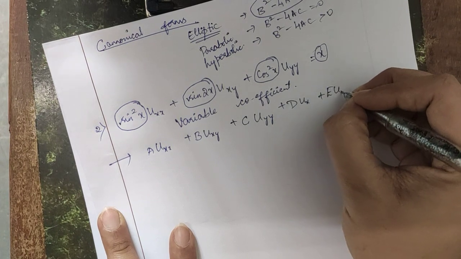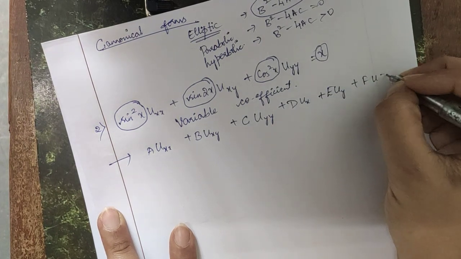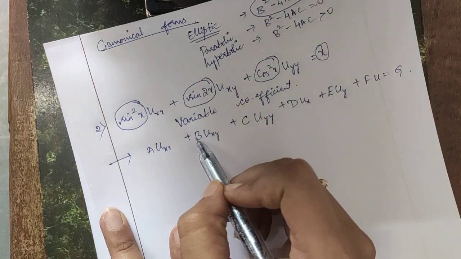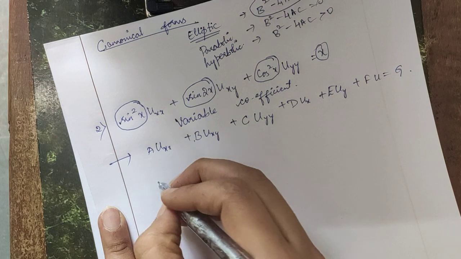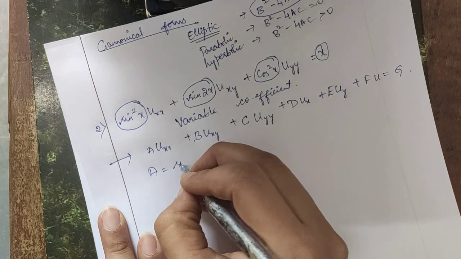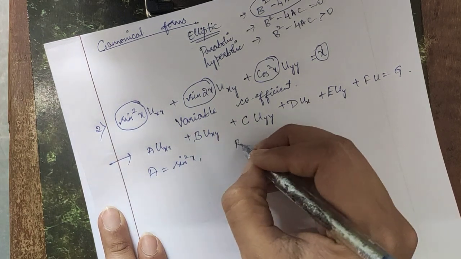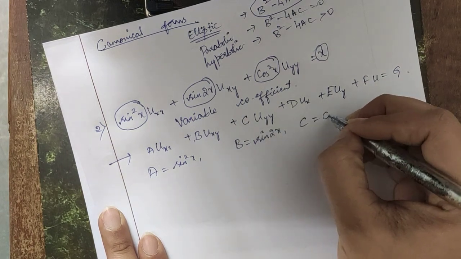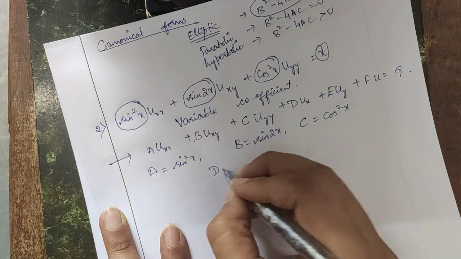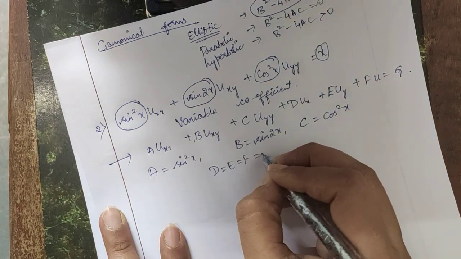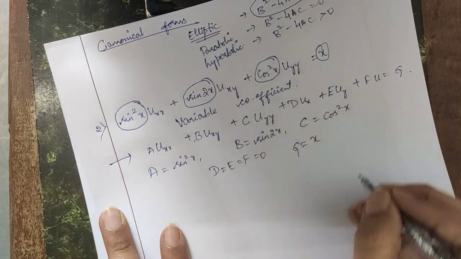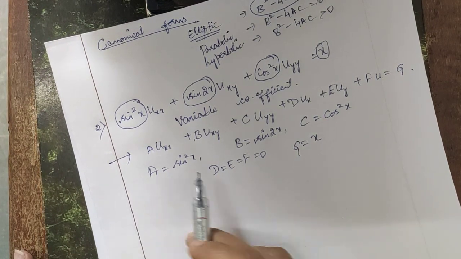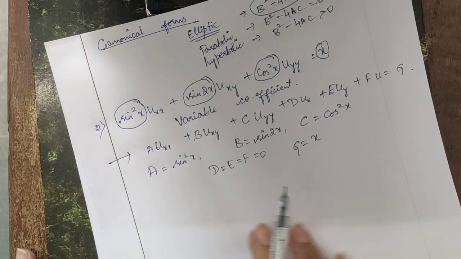So now I will consider the general equation, that is auxx plus buxy plus cuyy plus dux plus euy plus fu is equal to g. Compare your given partial differential equation with the standard one. So from this I can write the value of a is sine square x, b is sine 2x, c is cos square x, d, e, f are 0 and g is x, right? These are the values we get when we compare with our general partial differential equation.